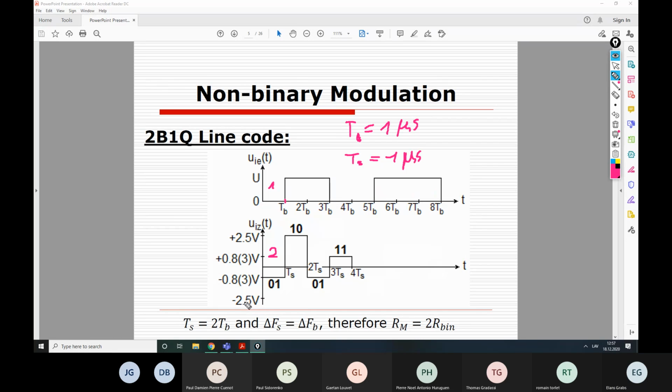Also, wait a minute, I think this picture, the symbol is equal to the binary time, right? That's what we are talking about right now. So this is an error of 2. Therefore, spectrum